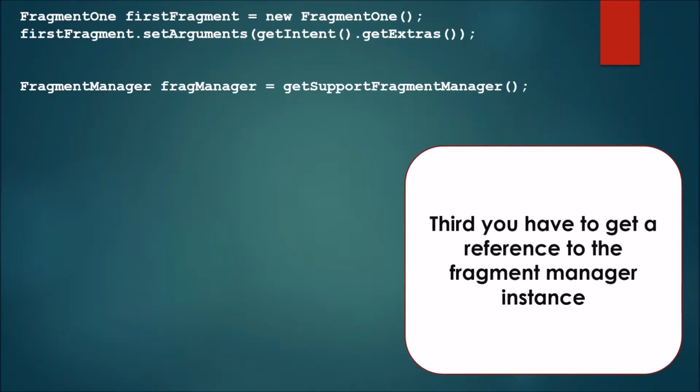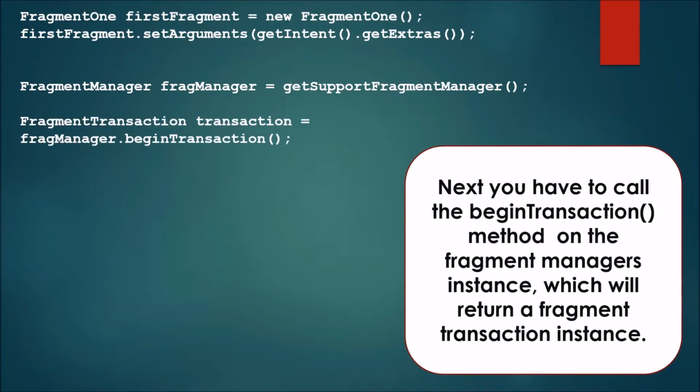Third, you have to get a reference to the Fragment Manager instance. Here we see a FragmentManager being called, assigned to fragmentManager, and then equaling getSupportFragmentManager. Next, you have to call the beginTransaction method on the Fragment Manager's instance, which will return a FragmentTransaction instance. And that's what this does. The FragmentTransaction to the variable transaction equals